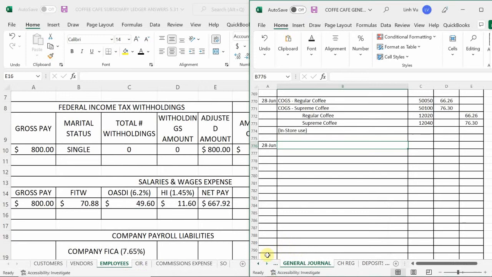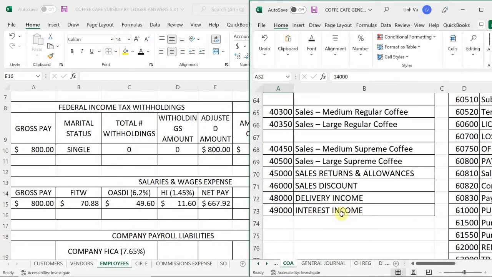Well, I need to see the chart of accounts, the payroll account names that you guys use. So where would you start? Payroll is